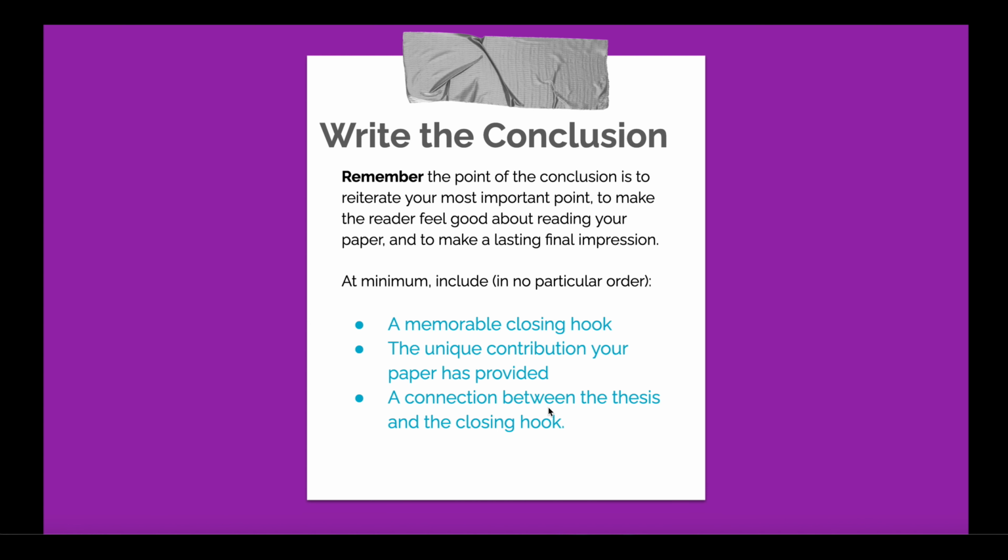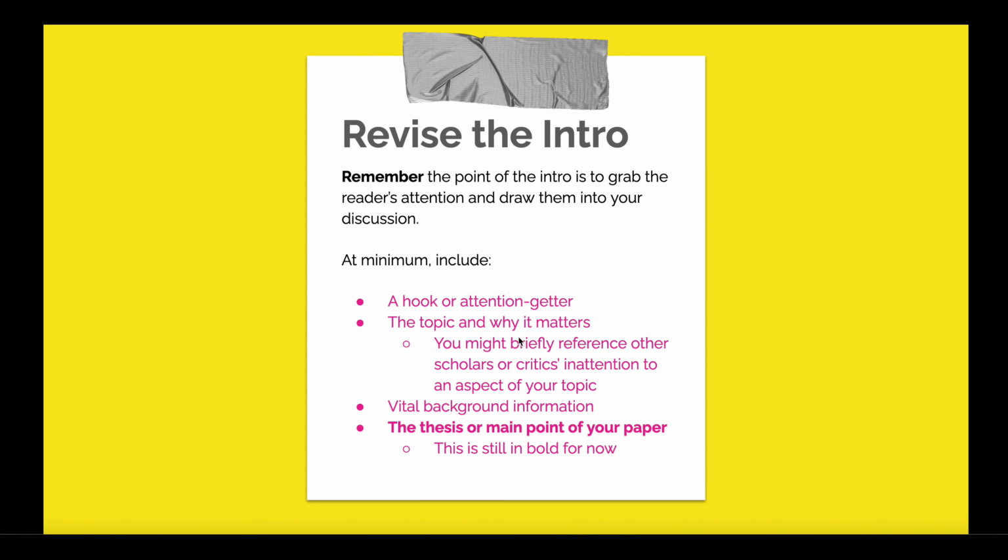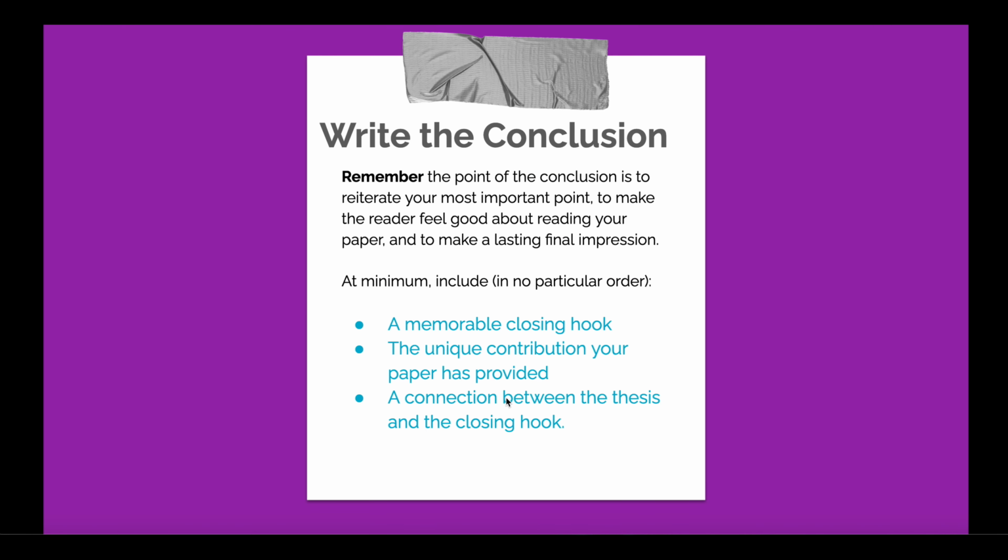In the introduction, it's a little bit more specific, where you need to start with the attention getter because you can't talk to someone until you get their attention. And then you need to tell them why they should care about this thing. And you need to give them enough background that they can understand why your thesis matters. And you need to do it in that order. Otherwise, it doesn't make sense. But the conclusion is more like boxes that need ticking than an order in which things need to be achieved. So